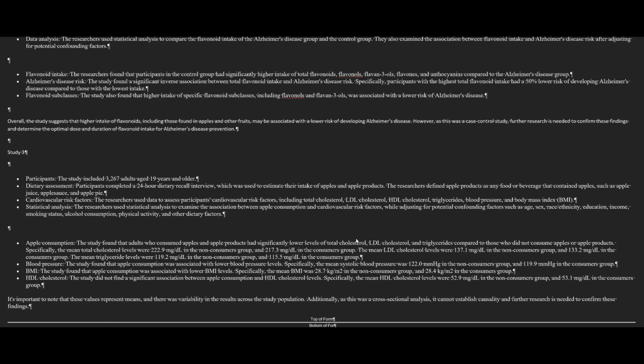Okay. You said no association, no effect on HDL. There was an effect on LDL cholesterol and triglycerides, and an overall healthier BMI in apple consumers. Nice. In other words, having a healthy BMI, not being obese or too underweight, or too heavy for their height. Yeah, makes sense. Okay, I'm looking forward